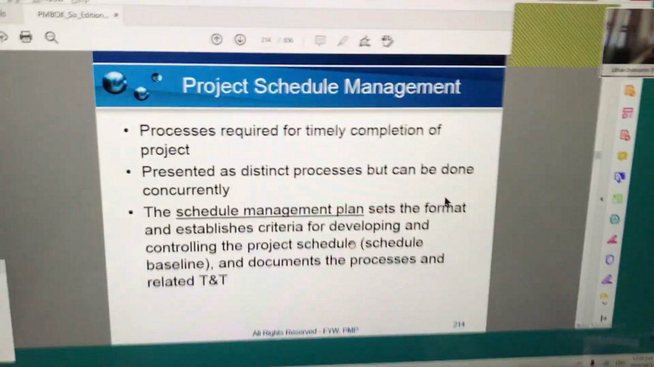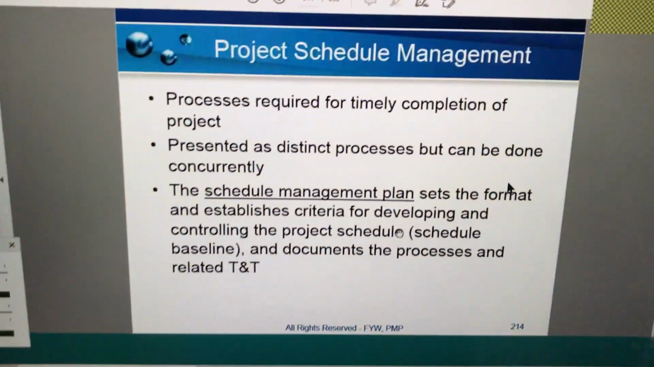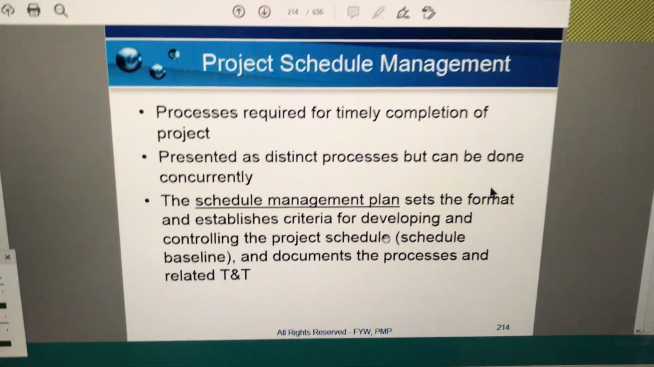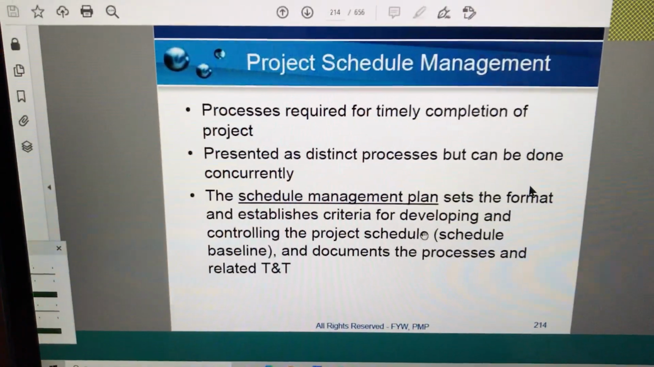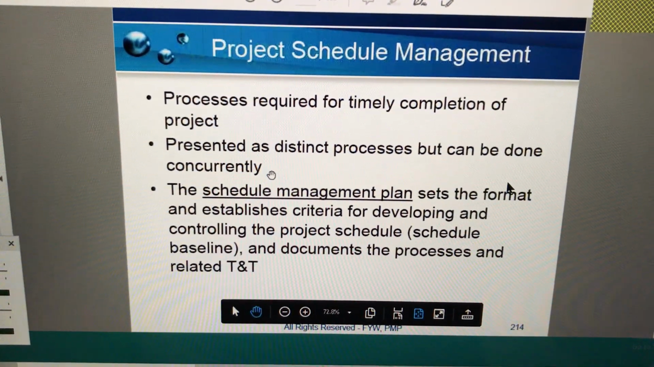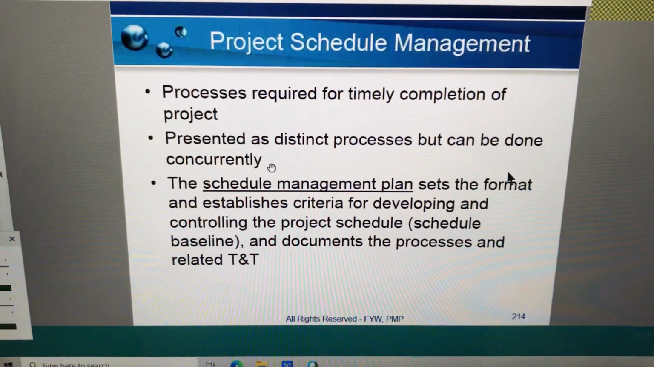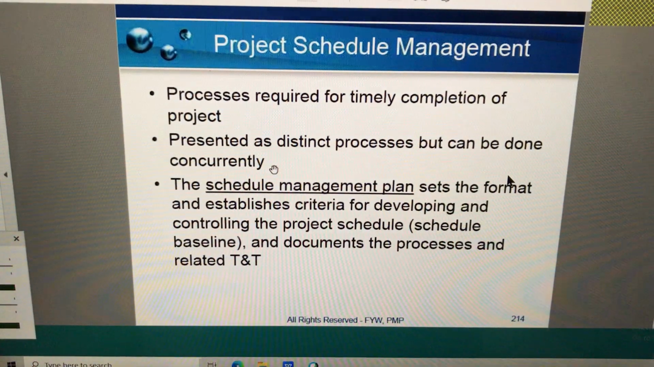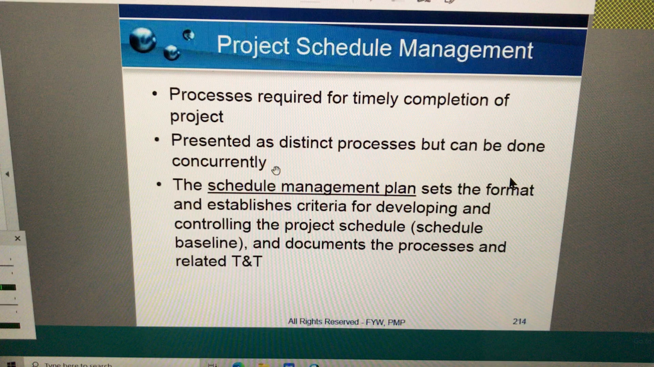Okay, process required for timely completion of the project. It deals with the project duration and the time aspect of delivery of a project's deliverable. They are presented as distinct processes, but can be done concurrently. We'll see that. The schedule management plan sets the format and establishes the criteria for developing and controlling the